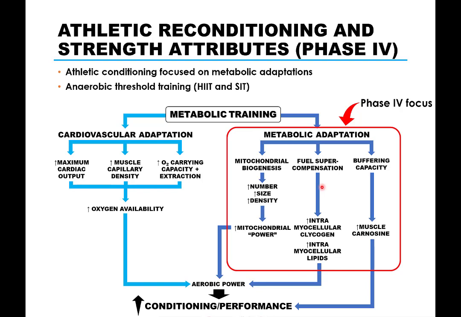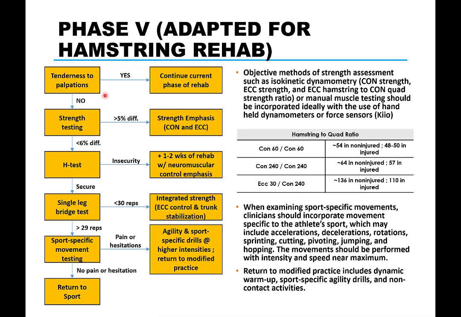So during phase 4, the athlete is now engaged in a conditioning program that is at workloads around the anaerobic threshold. So this would include high intensity steady state exercise at workloads right beneath the anaerobic threshold, and exercise modes that are above the anaerobic threshold, which include high intensity interval training and sprint interval training. These modes are obviously intermittent because the intensity of the high intensity or sprint intervals is fatiguing since it is above the anaerobic threshold.